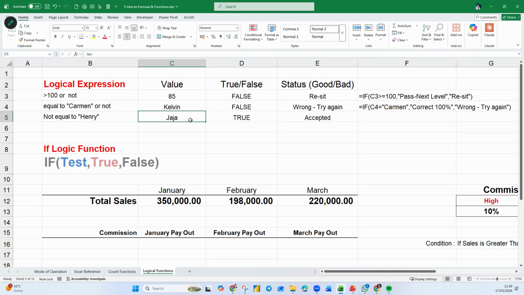So Jaja, accept. ASARRI, accept, right? But when I type Henry, reject. Henry cannot. Henry rejected. Okay? So understand how the if logic works, right?